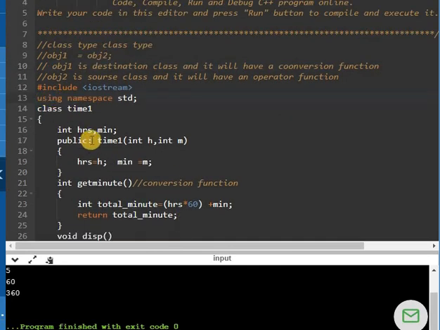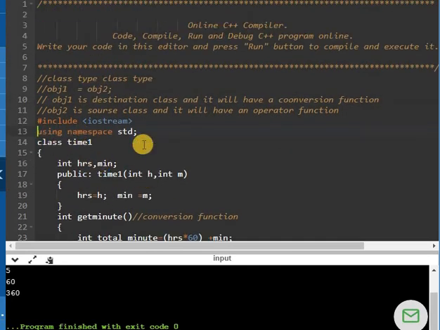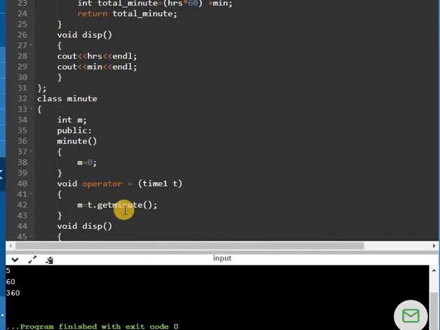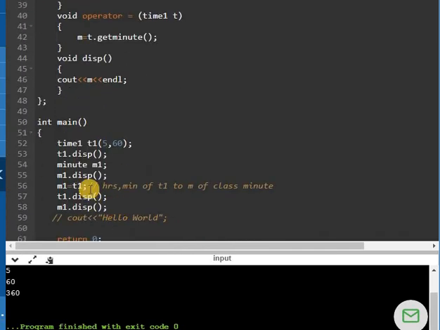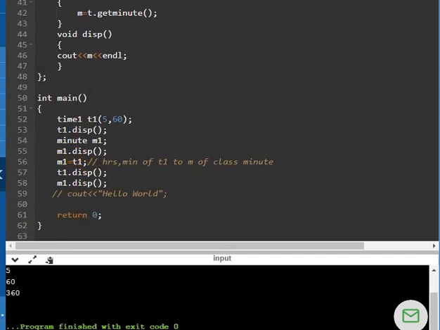Okay, so these 4 lines which I have written, this is the all brief of this program which we have written here. Okay, so 3 type of conversion we have seen: basic type to class type conversion, class type to basic type conversion, and third one is class type to class type conversion, wherein we have two different classes and we want to convert their objects. Then we have to follow the rules that this destination class in which we want to convert, that will be having a conversion function, and the source class will be having one operator function, obviously. Okay, so that's why we are able to assign these particular lines.